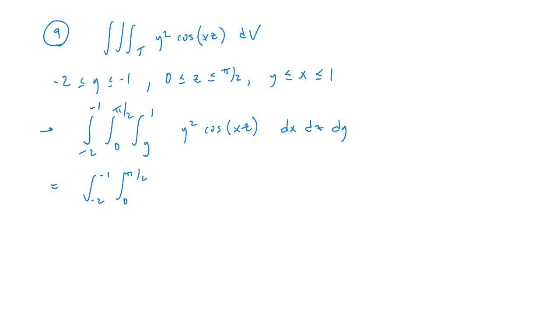So here, obviously, the y squared is just a constant, so it's just going to stay there. What's the antiderivative with respect to x of cosine of xz? So it's a little substitution where you let u equals xz. The derivative of xz with respect to x is z. We don't have it, so therefore we're going to get something like